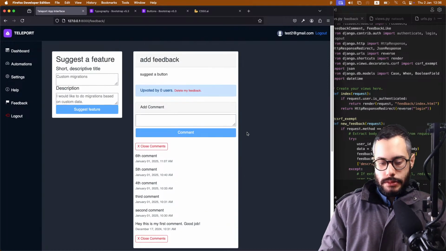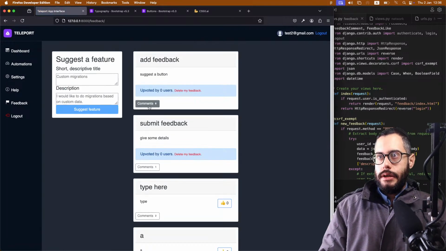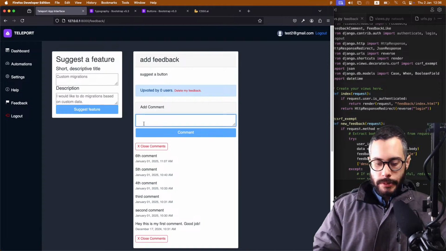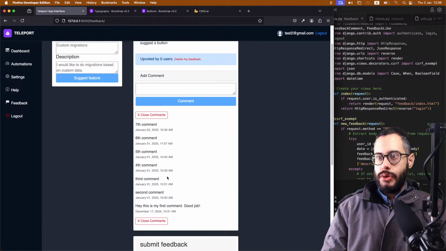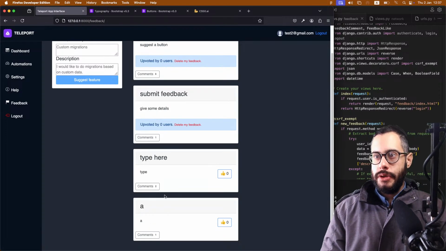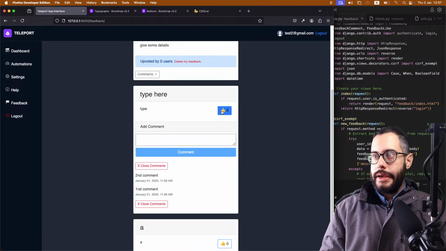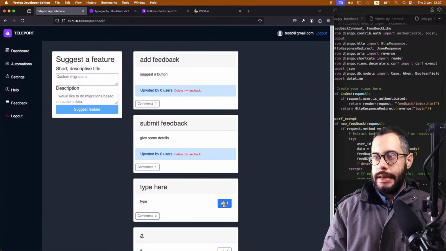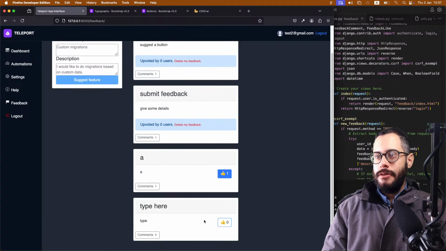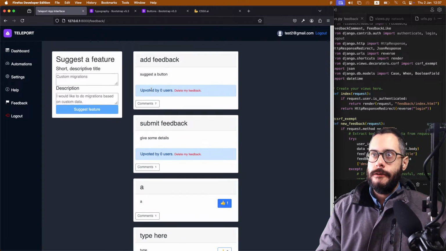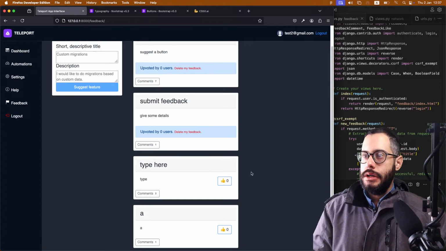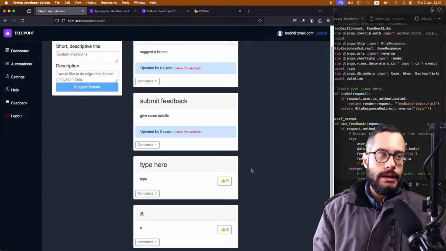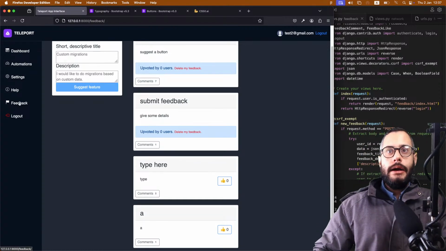You see? So comments, we can add comments here. 7th comment, we hit comment and it posts, it updates. We can close it. We can go to the next one. We can upvote, we can downvote, upvote, rearranges everything. Everything is arranged according to, first, if you're the owner of your post, and then according to the number of upvotes. Ladies and gentlemen, I think we are done with this part of our project. So our feedback,